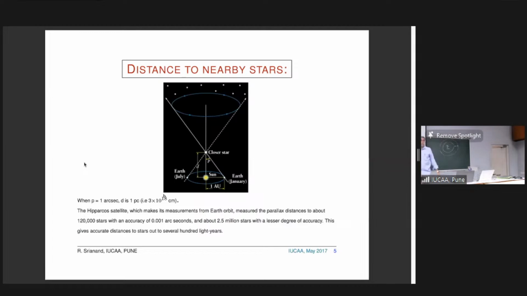Okay? Now, having found the distances between planets, the next question is: can we measure distances to nearby stars? The way it will be done is the following. Suppose you imagine that this is the Sun and this is the Earth, which is going around. Okay? In January, the Earth is here. In July, the Earth is somewhere else. And you can assume there is a nearby star, which is here,